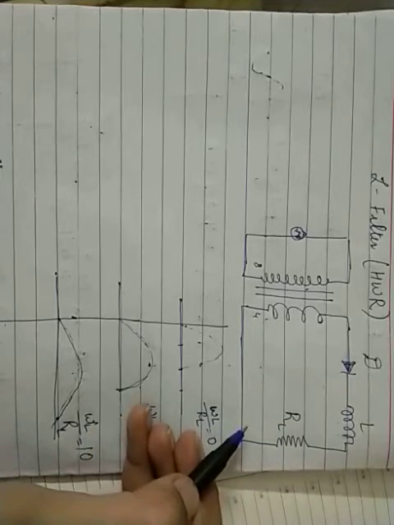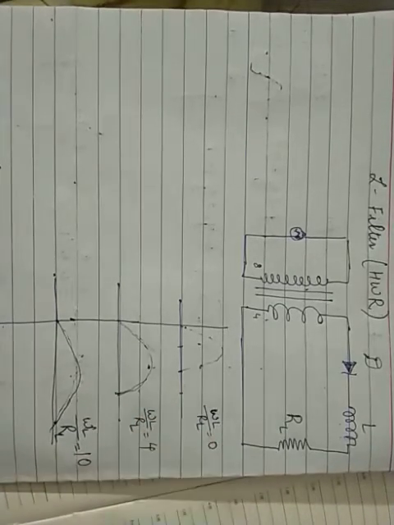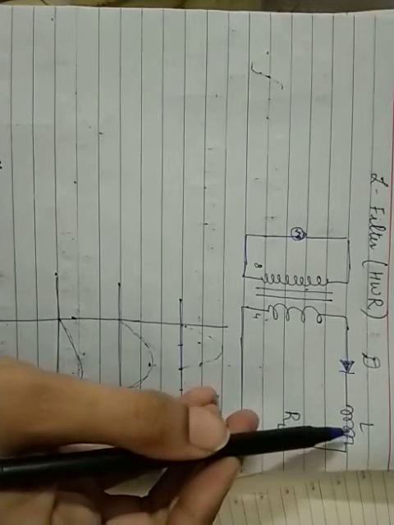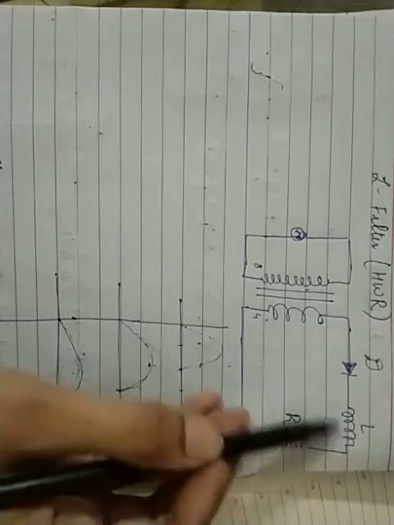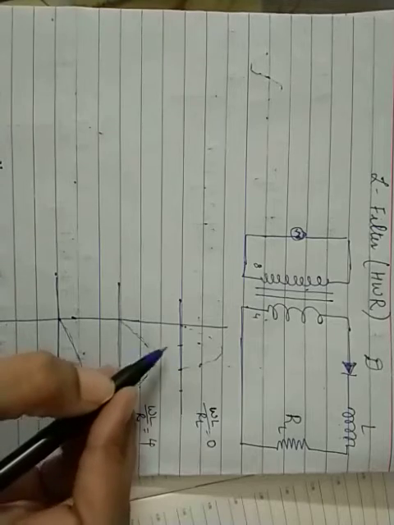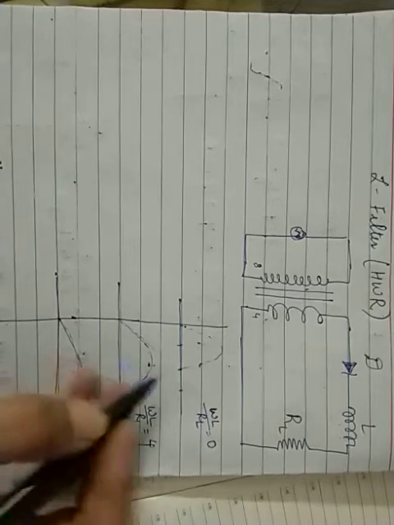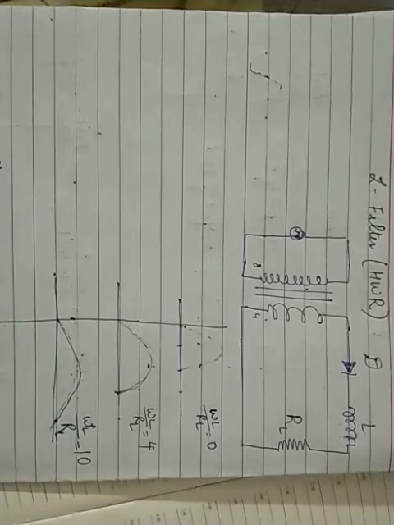So what the inductor does is, the current through the inductor tends to increase. When the current is tending to increase, it opposes the growth of current. So if the current is increasing, it will inhibit it, so it will lower the amount of current. After that, when the current is decreasing, it will again oppose it, so it will maintain the current by taking energy away from the magnetic field.